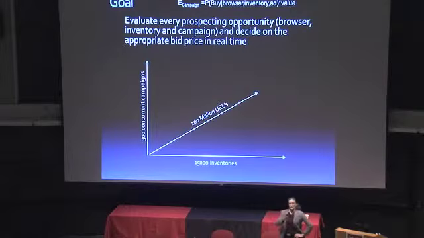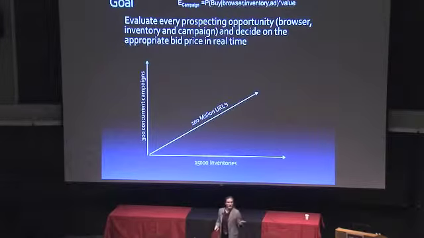Now let's look at the core problem. If I need to decide for 10 billion bid requests a day, what is the value I want to assign to the opportunity of showing that person an ad at that point in time on that inventory? In terms of the space, what we are collecting about people are URL histories, the places they have been to. We have roughly 100 million of those floating about in our system. We run, on average, 300 concurrent campaigns. And we have officially classified about 15,000 inventories, meaning places where we can show ads.